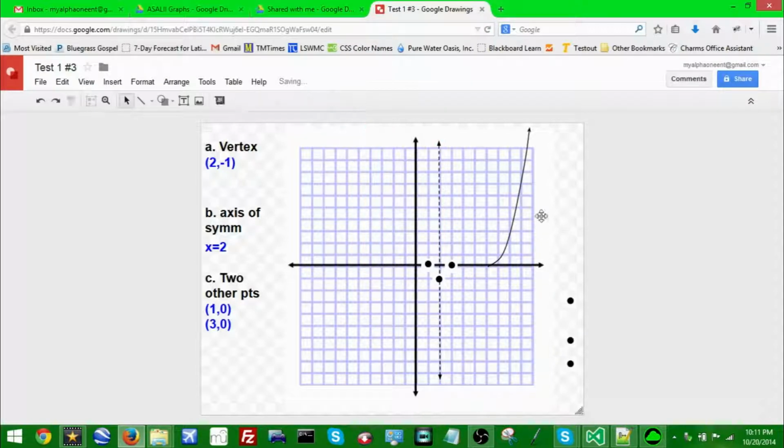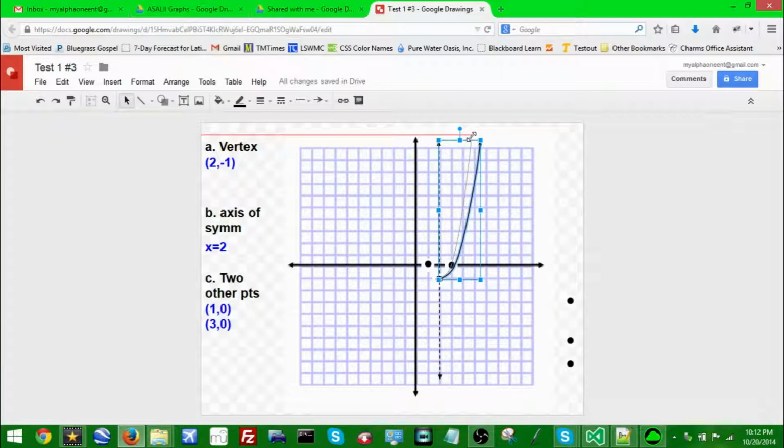Okay, so now what we want to do is make the curve. Well, don't delete the curve you already have. That's a very useful curve, because what you want to do is take it, place the end of it on the vertex, and then just resize it until it goes through the point like so. Then